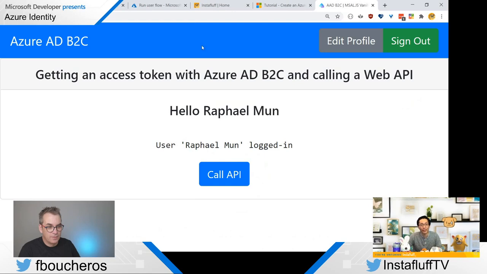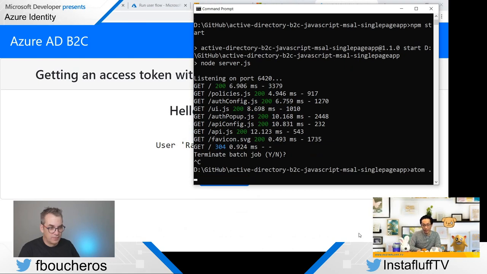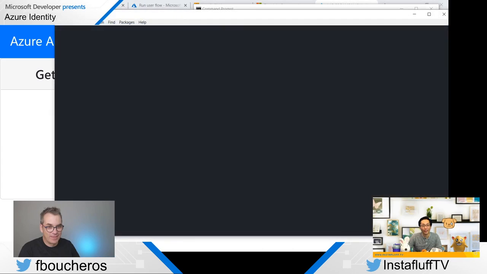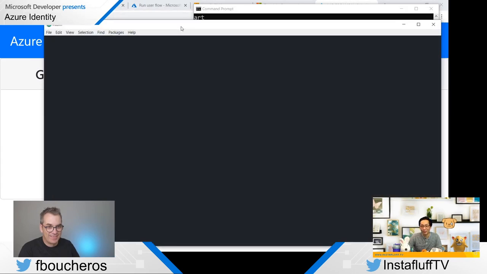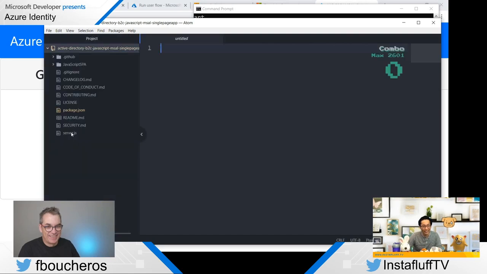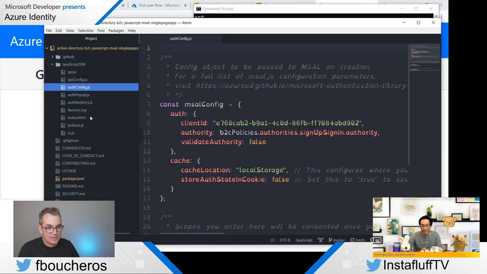Okay. So now let's see if we can edit it to be our own app. So we'll open it in Atom. Yeah, it's true. You're using Atom. Yeah, I love Atom. It was built by the GitHub team. It's so nice. Here it is. So now we go here to, I think it's probably in auth config. There it is, the client ID and everything.